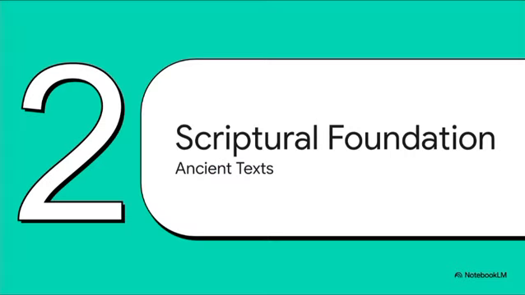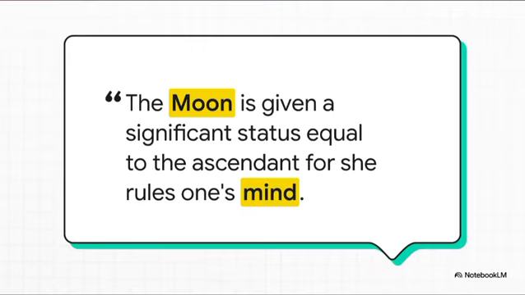Moving on to Section 2, Scriptural Foundation. Sage Parashara's texts actually lay this out perfectly. They explicitly state, the moon is given a significant status equal to the ascendant, for she rules one's mind. The original Sanskrit phrase, buddhi kar manusari, essentially tells us that the mind follows the path of our past actions,